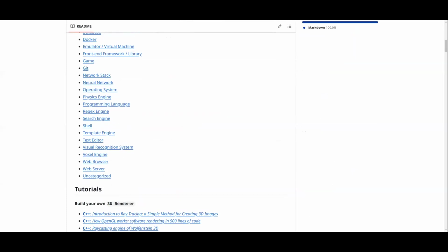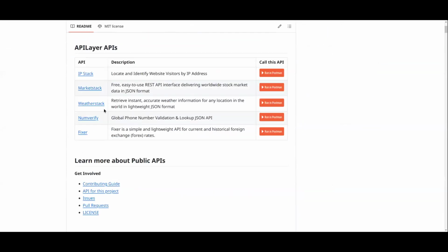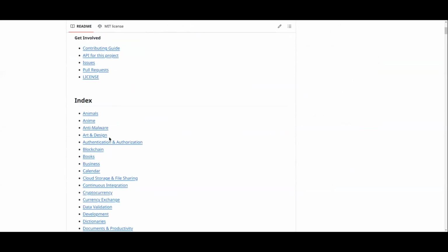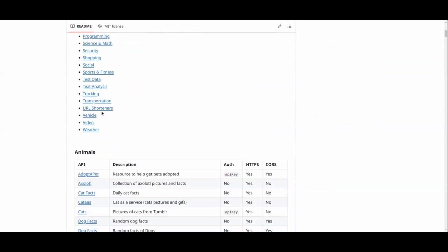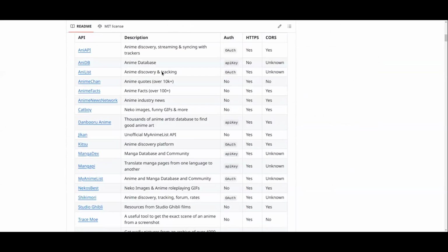Another one is this public API list that I've used personally. They have a bunch of different ones for any category you can imagine, and it tells you if you need a key for it, if it's HTTPS, all these different things.